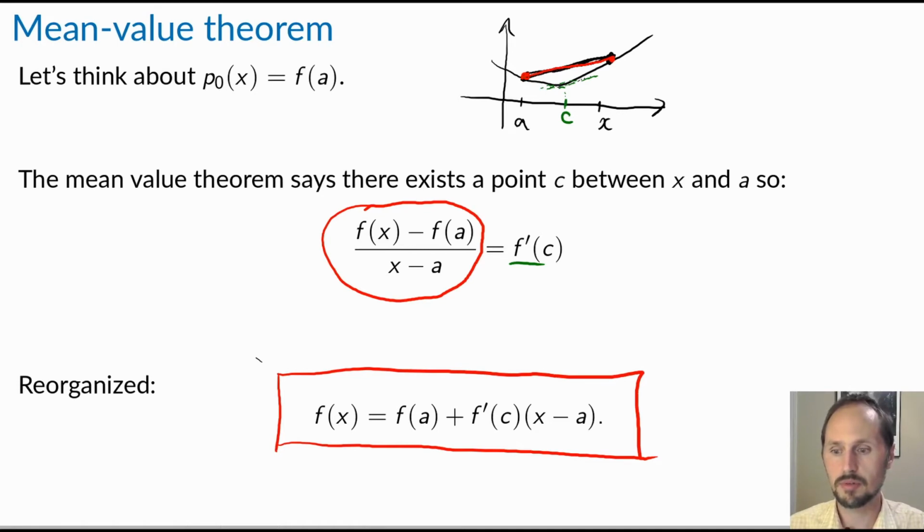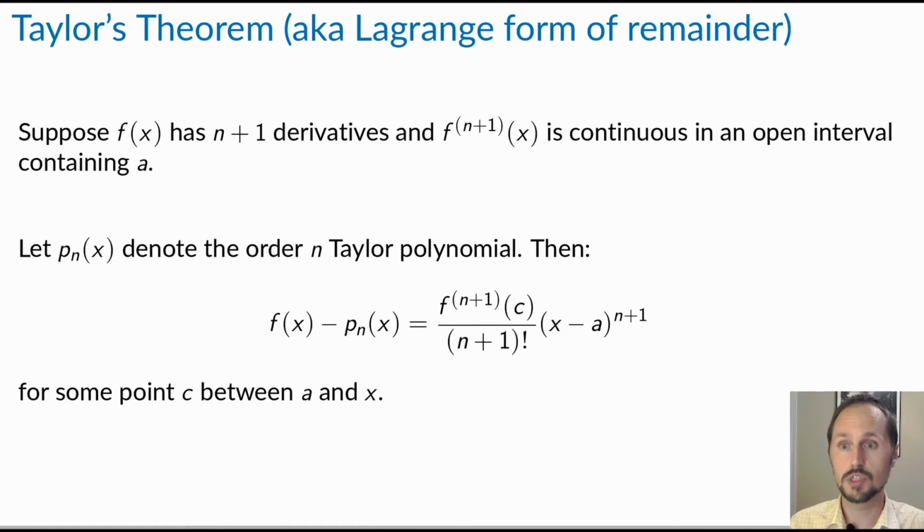Now, why did I do this? Well, I want to think of f of a not as just that, but as the 0th approximation, or the 0th Taylor polynomial for f. Having made that interpretation, hopefully what I'm about to say seems natural or plausible, which is that